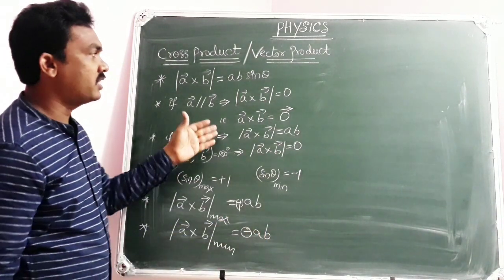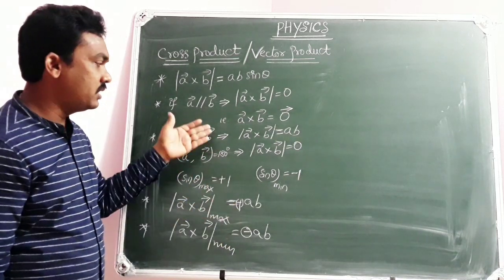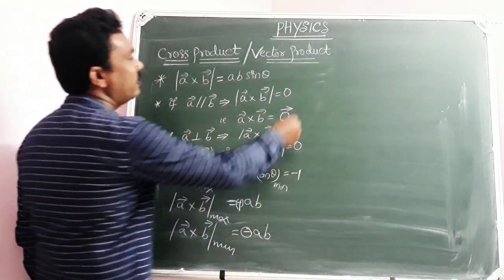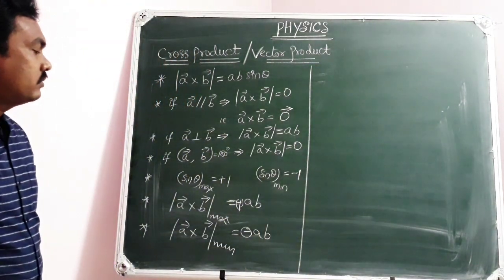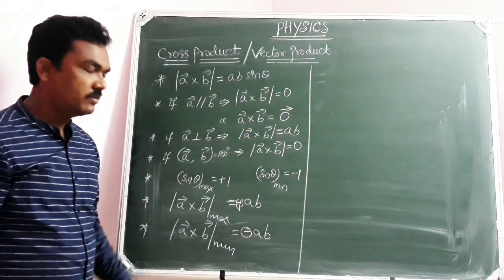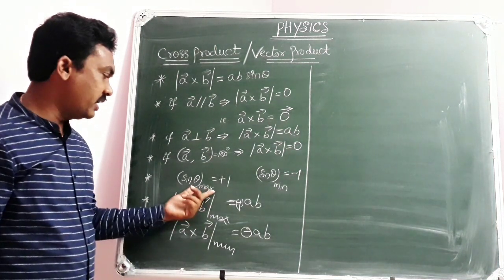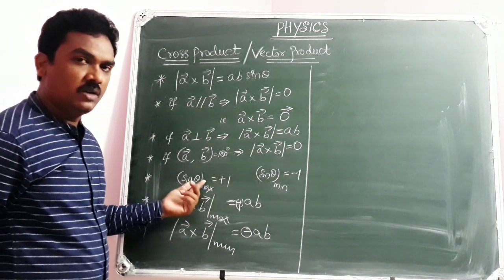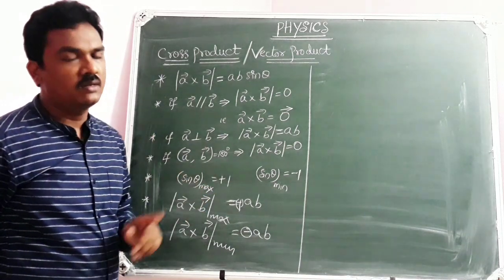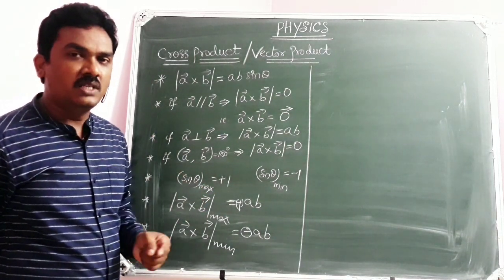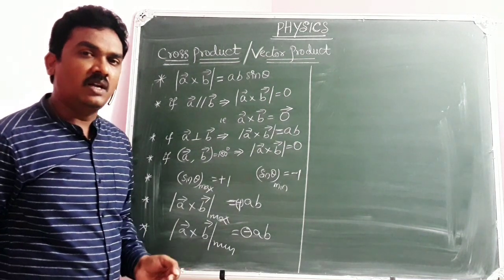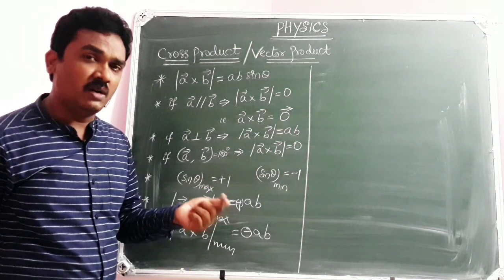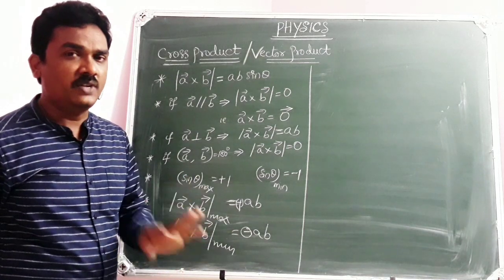This is what you can explain regarding the cross product and its features. They are very simple points. If you go through them, you can understand easily. Hope you got clarity. This is only what you need to get additionally: the sin theta value is at most plus 1. If sin theta equal to 2, it is a contradiction. If sin theta equal to 1.5, it is a contradiction. The sin theta value can vary between plus 1 and minus 1, whatever the value of theta.